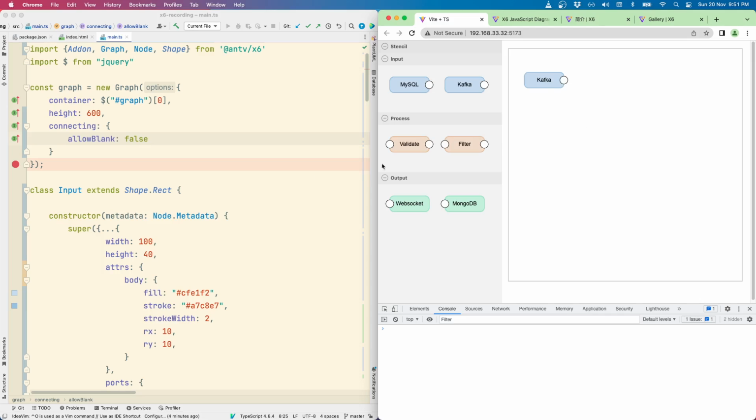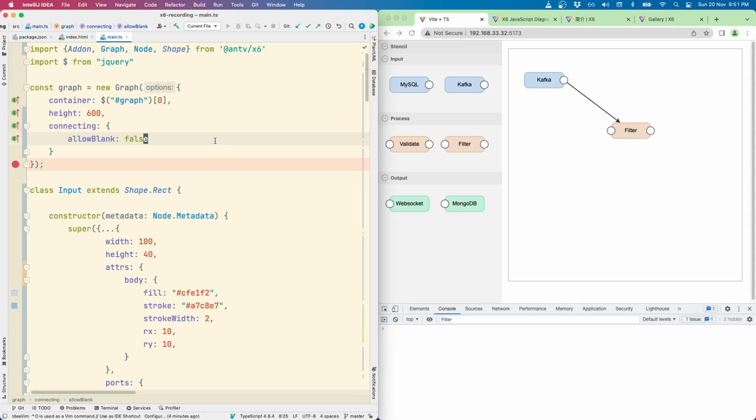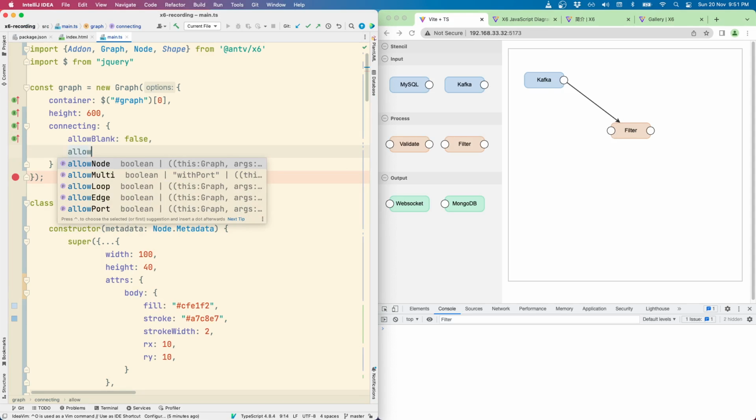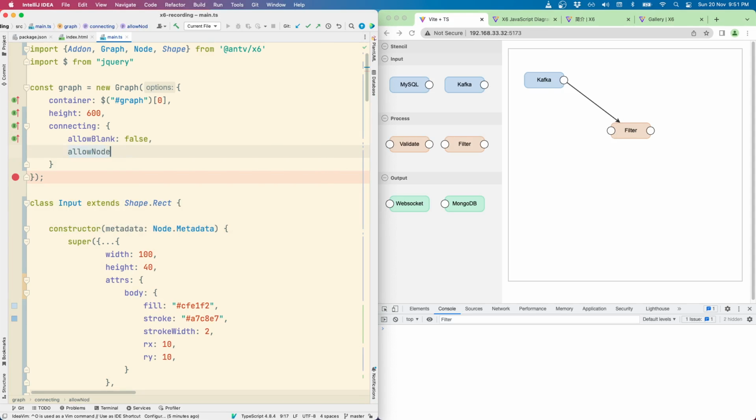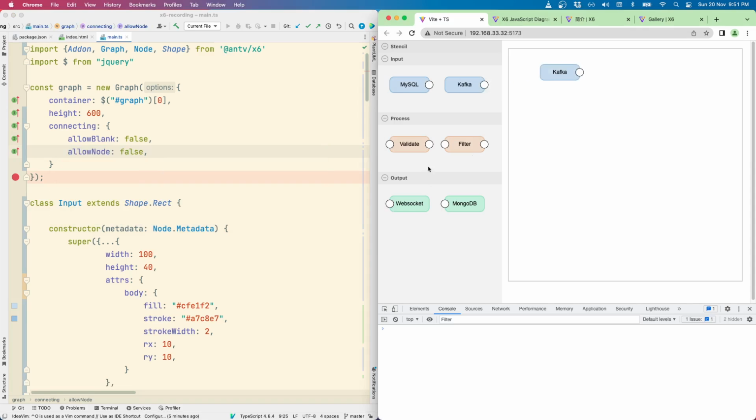The other problem is that we can connect edges to nodes directly rather than to a port. So see, in this case, the edge here is connected to this node rather than this port here. So to prevent that, we can set allowNode equal to false. So now, when we create the edge, we're not able to connect here, but we're able to connect to the port.